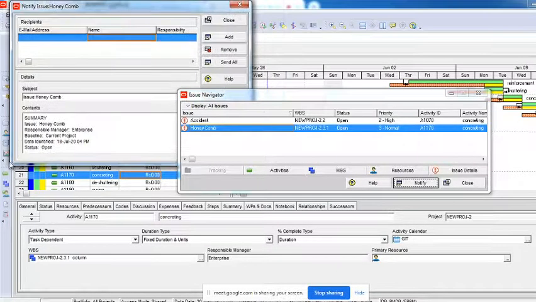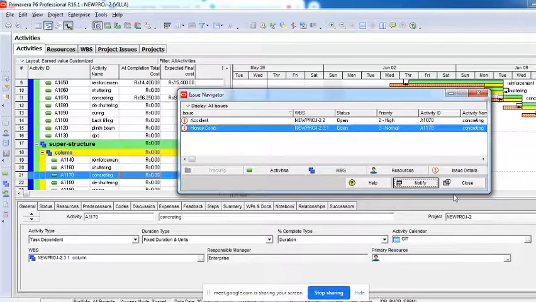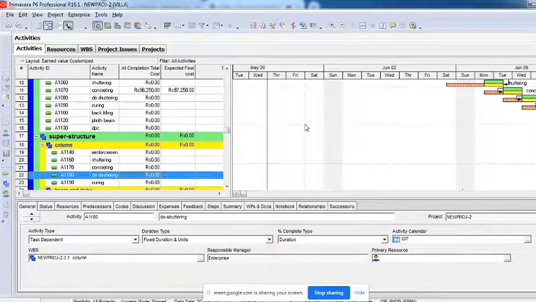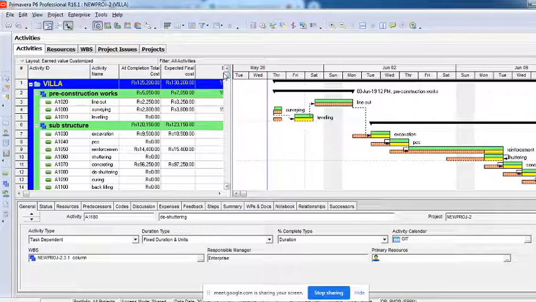You can see this. I can send all this information, what the issue name is, and who is responsible, what your project baseline is, status of it, who has identified, what the priority is, when the resolution dates are, which WBS it is applicable to, which activity it is applicable to. All these options I can notify. So notify in the sense, you are telling about this particular issue to a number of people, whom you are telling this to, right? So you are reporting about these issues.